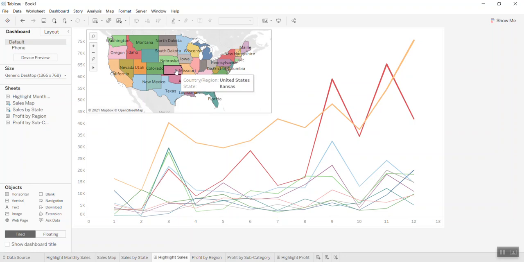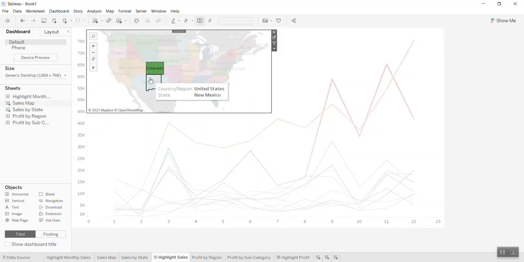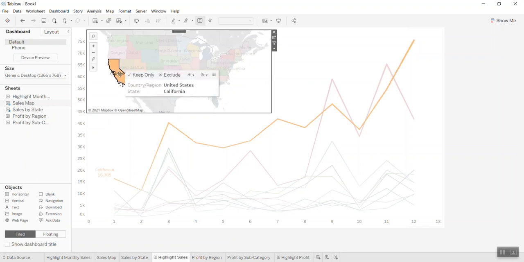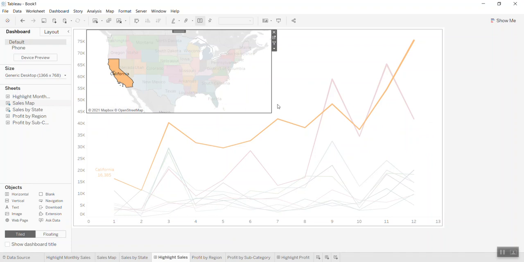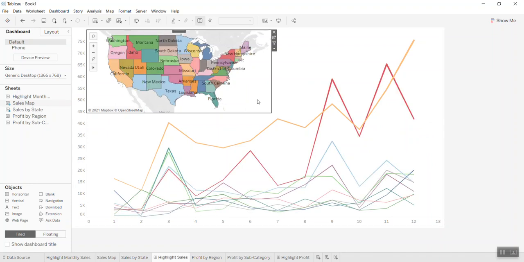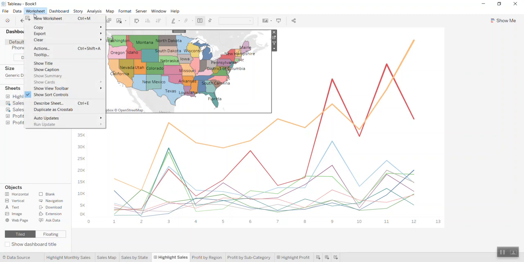Now if I move the mouse here, because I changed it, it's no longer hover, so nothing will be highlighted in the line chart. But when I click into the map, you see the lines of the state will be highlighted. Here we can make something better if we combine it with the filter action. You can see it looks even better. So I bring the worksheet here,